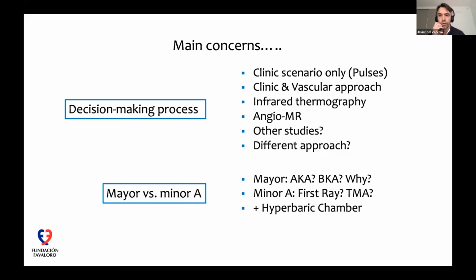Okay, John, perfect. So you jump to the second question. So I will come again with Javier. Your indication for surgery would be, Javier, which one? Oh, it depends on the outcome of the revascularization. I agree with John about the three options. If revascularization is successful, I will wait to evaluate the clinical course of the toe, because sometimes after revascularization, the dry gangrene becomes wet gangrene, and we